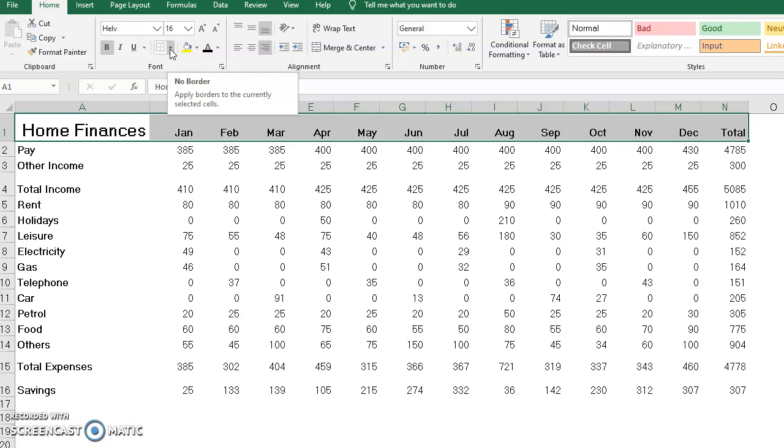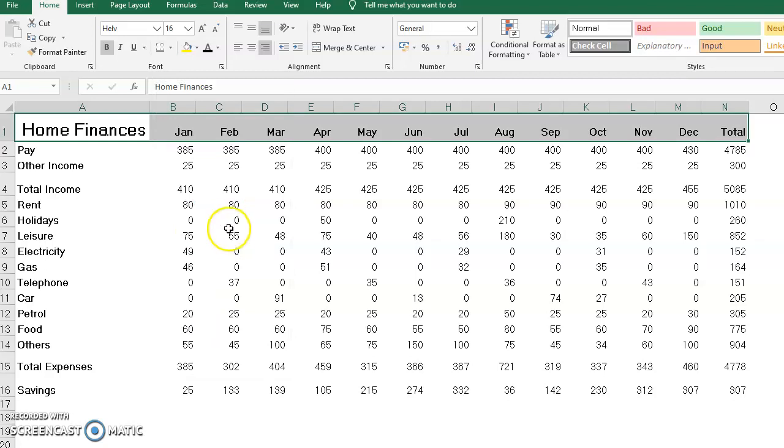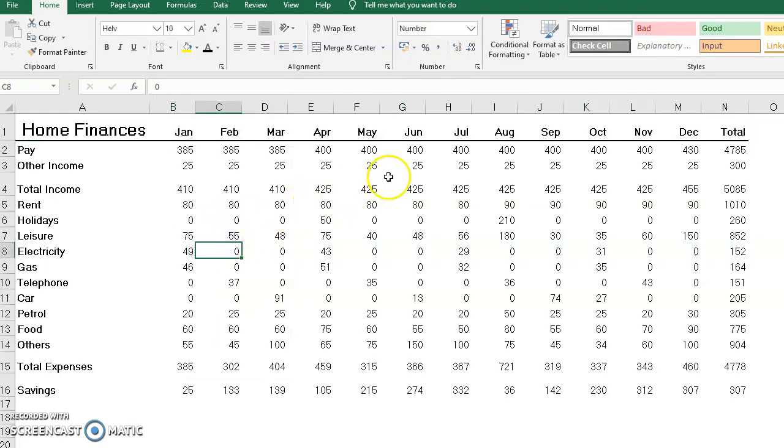If I click on the arrow down next to it, depending on if you've got it already on, I'm going to select a thick bottom border. If I click on a white area of my screen, click away, you can see it's placed a nice border